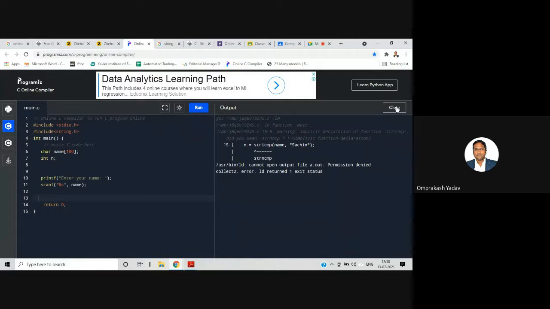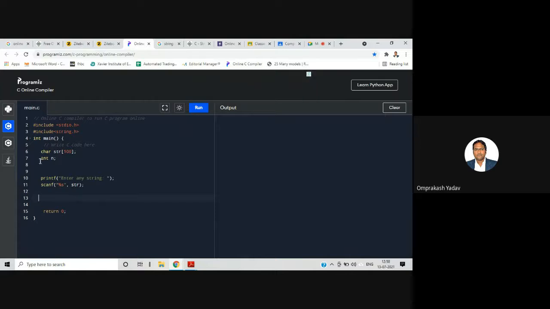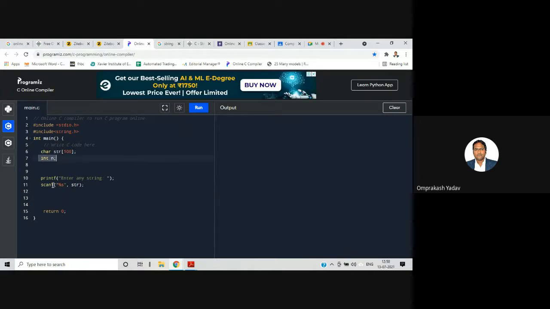I'll clear this. Let's say we enter some string. I'll declare one variable, str, and print "enter any string". The user will enter the string, and I have declared one int n variable.